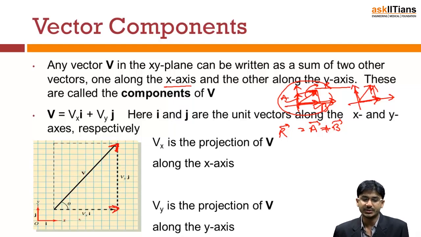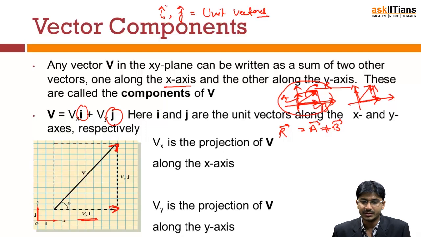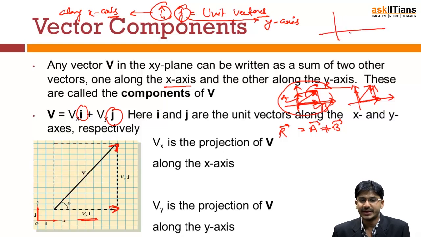Now suppose we are representing something on a graph paper. This is the x-axis, this is the y-axis. Suppose this is Vx and this is Vy. Now what are i and j? These i and j are unit vectors that we talked about just now. What is the direction of i? This is along the x-axis. What is the direction of j? This is along the y-axis. Suppose something is given like this, 30 units along the x-axis,